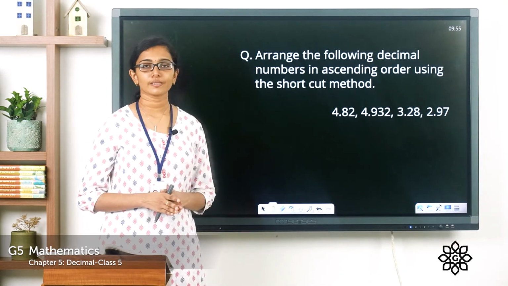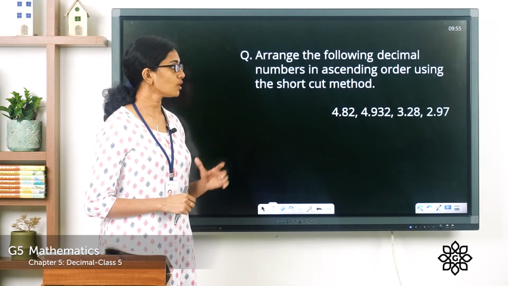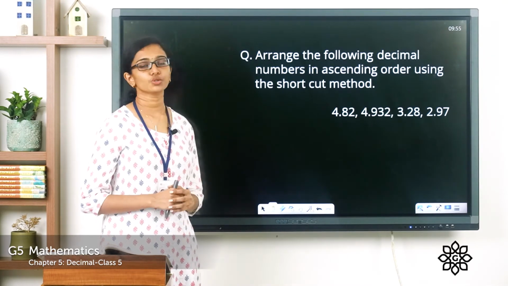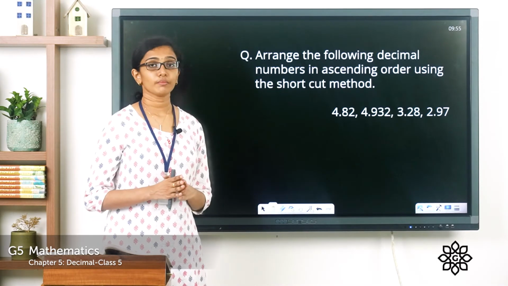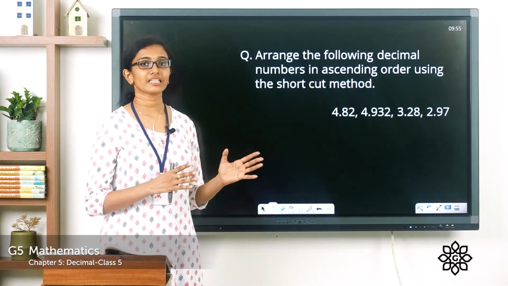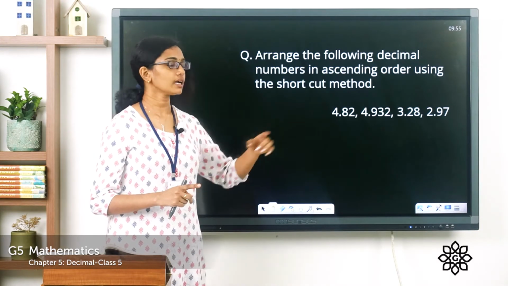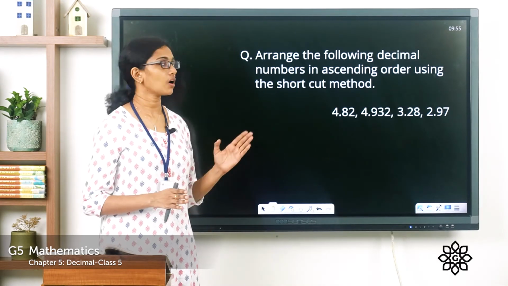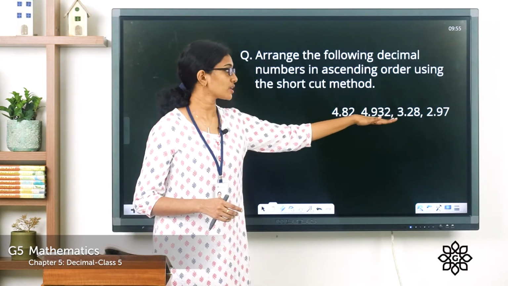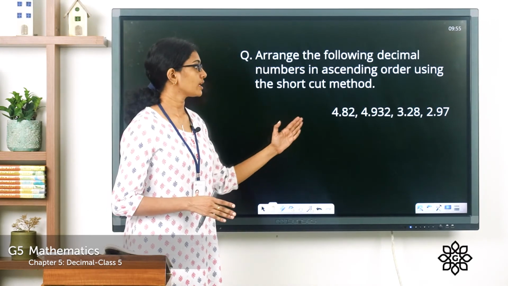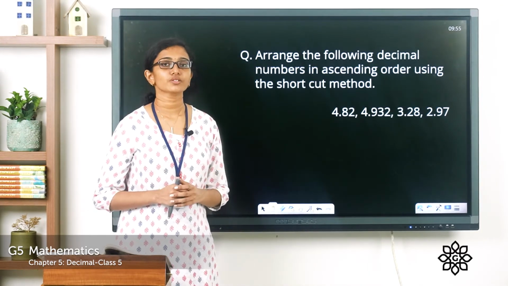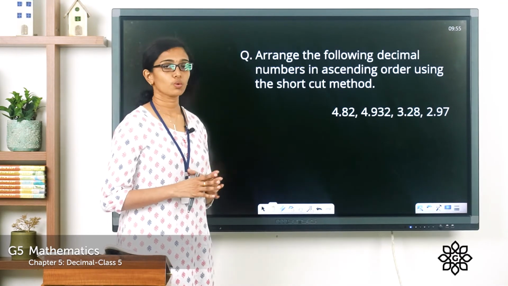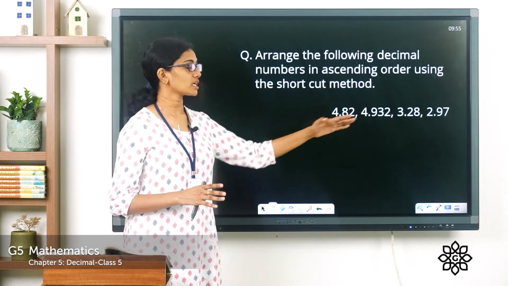And you are given 4 decimal numbers here: 4.82, 4.932, 3.28 and 2.97. See, the number of digits after the decimal point in the given numbers are not the same. They are unlike decimals. So what is the first step? The first step is to change them all to like decimals. So in one of the numbers you have 3 digits after the decimal point, whereas in the other numbers there are only 2 digits after the decimal point. So let's make the number of digits equal to 3,